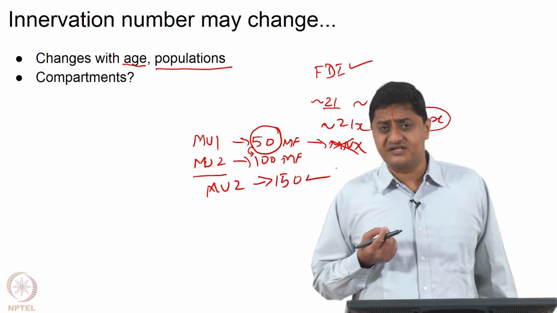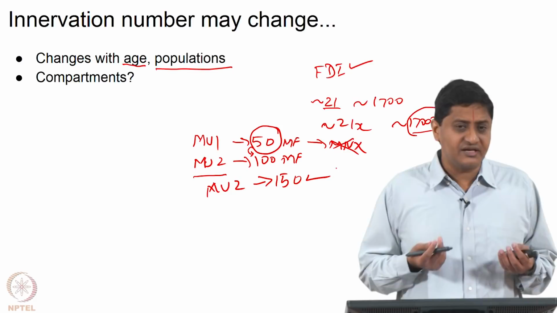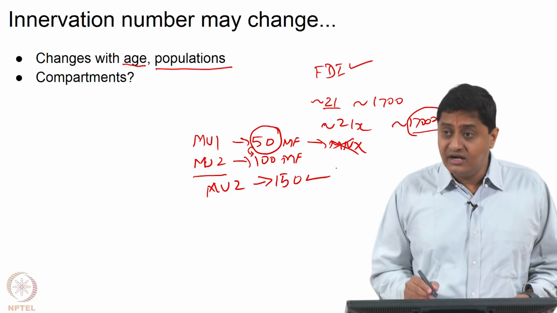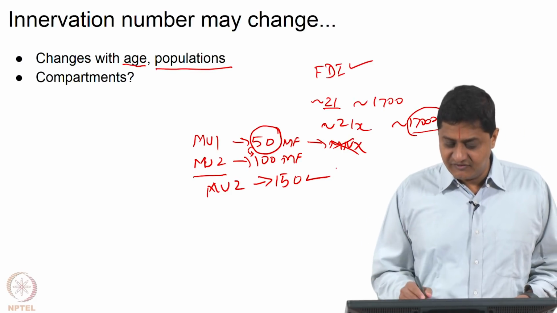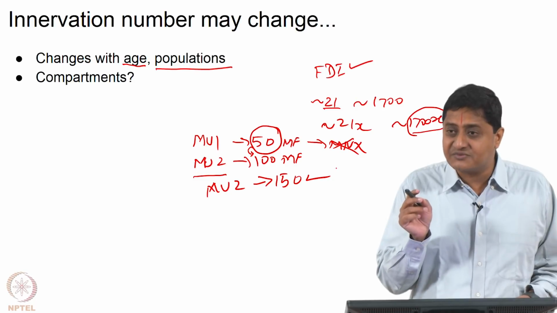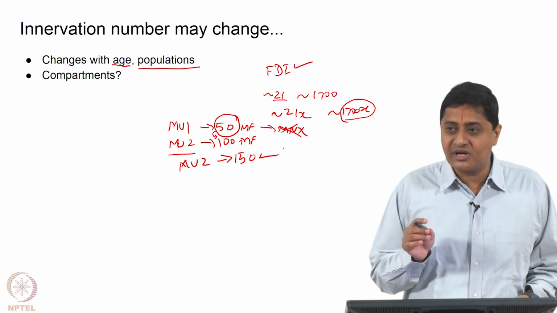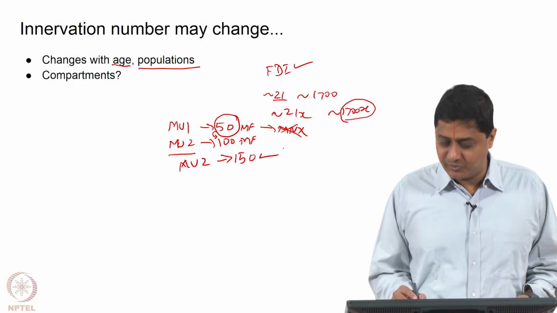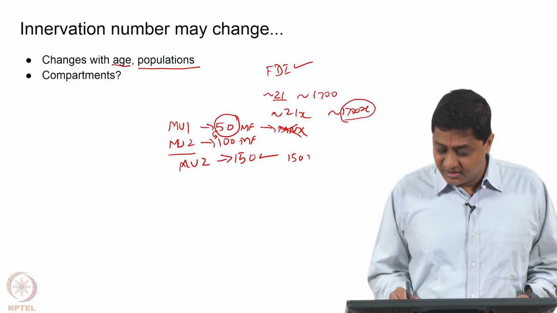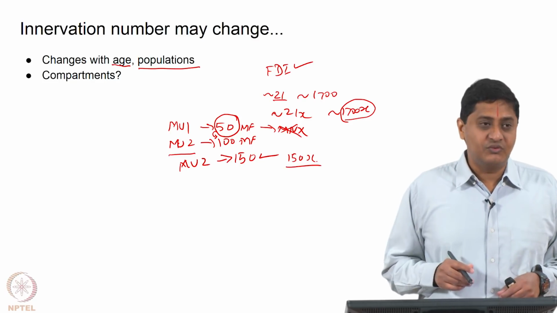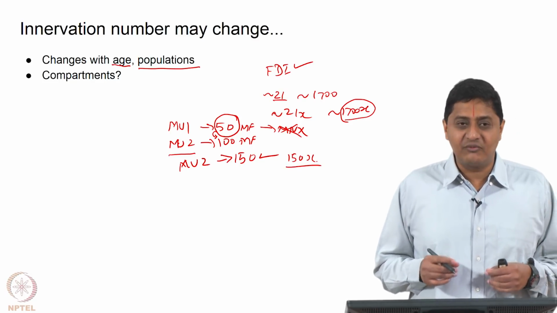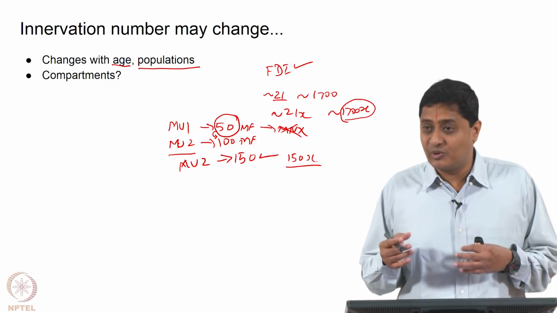How does this change things? Anybody can guess how this changes things. Earlier, if each muscle fiber is producing x millinewton of force, I was able to produce forces as small as 100x, now I am only going to be able to produce 150x. This might be viewed as good. So, as you get older I am going to produce a greater amount of force.